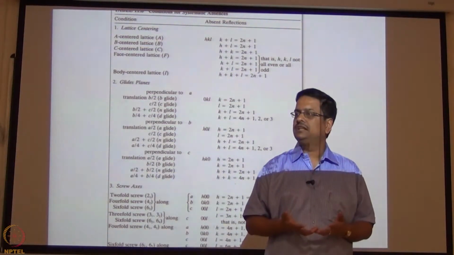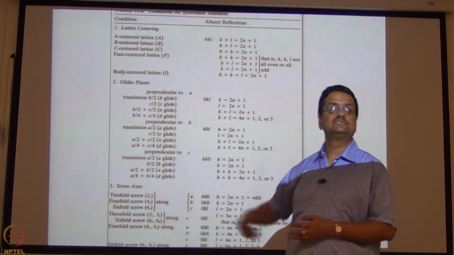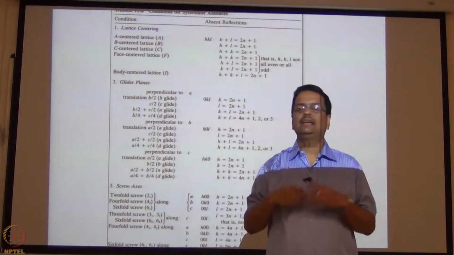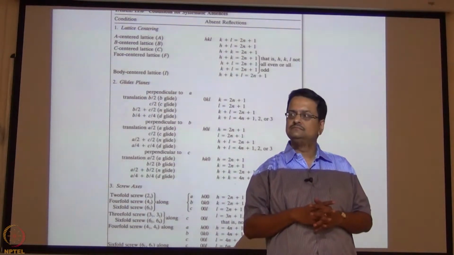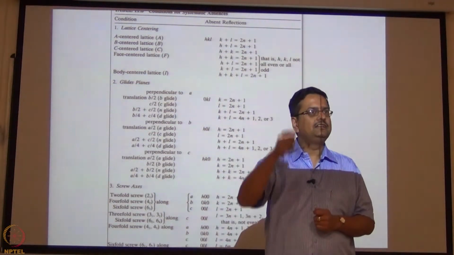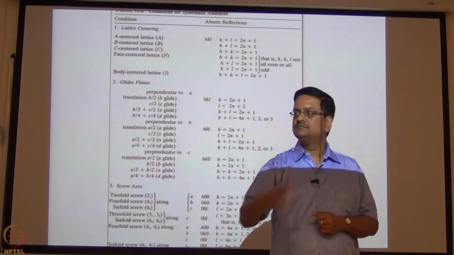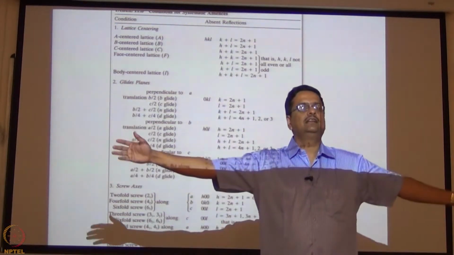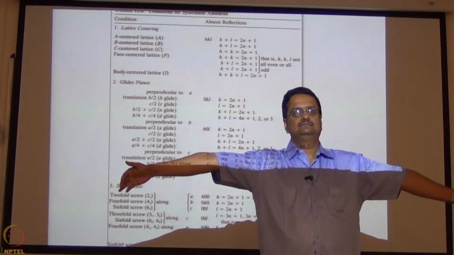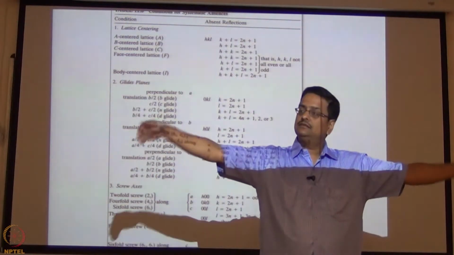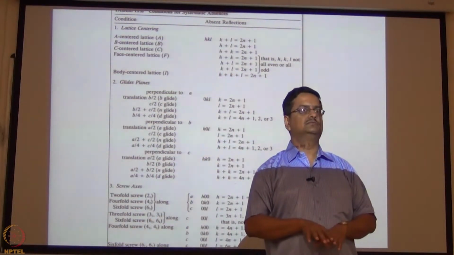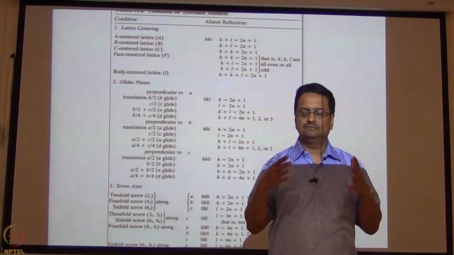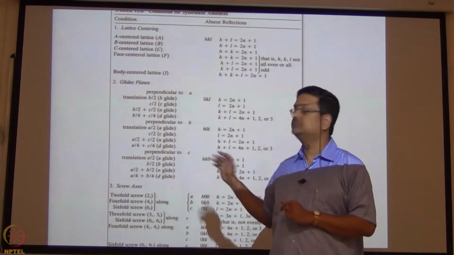It is not possible for anybody to physically look for those systematic absences among those some 30,000 reflections. So we again use a computer program to scan every HKL set and tabulate them. Is there any set of reflections which are systematically absent in the entire list of 30,000 reflections? That then helps us to determine the space group of the crystal. So this is absolutely important.